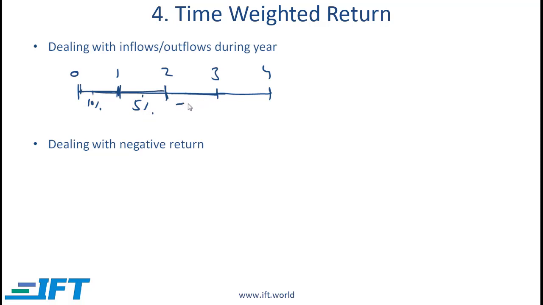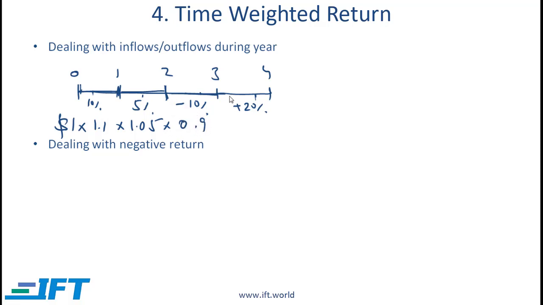Then let's say it is minus 10%, and finally plus 20%. So what we do is for each sub-period within a year, we compute the returns and then we figure out what happens to a dollar invested at the start of the period. What is the overall return? And the calculation is straightforward. We multiply this by 1.1 because if there is a 10% return in the first quarter, then the dollar becomes equal to a dollar times 1.1, which is 1.1. And then we multiply by 1.05 because there is a 5% return, and then multiplied by